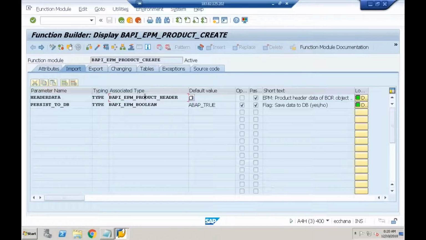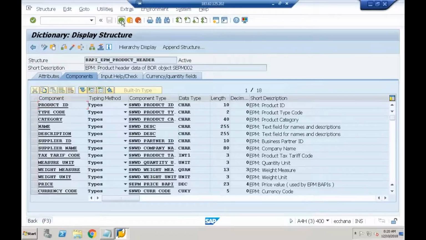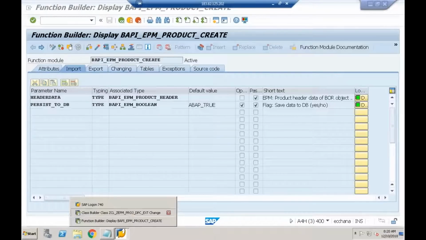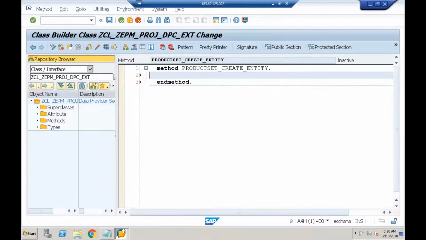Understood? So before calling the function model, I need to prepare this mandatory parameter, which is a work area carrying 18 fields. But I'm going to provide the data only for 10 fields. So when you are sending the request for creation, we are going to supply the data for 10 fields. I should know which parameter is going to carry the data of those 10 fields. So if you see the signature,